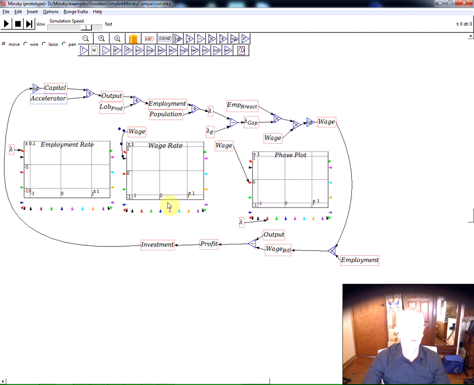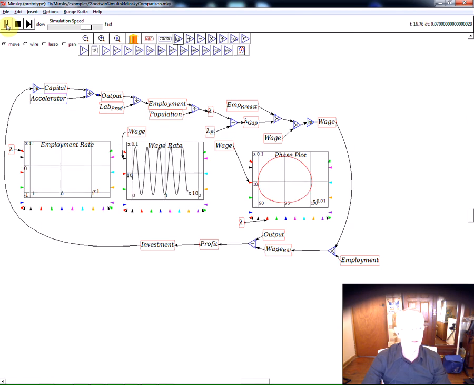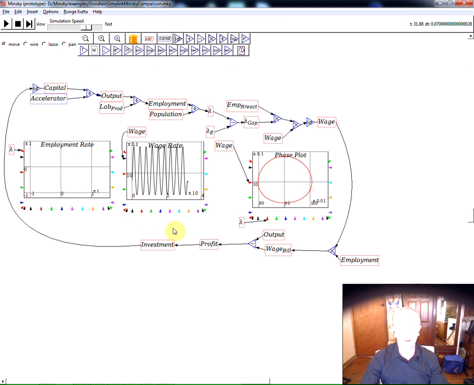However, in Minsky, if I hit the simulate key, then you see the cycles taking place there. I've made a mistake with lambda over here, but I'll check that out later. So that is the very, very simple interface we have. I think much easier to design with than with Simulink, and you can actually see the simulation while it's running dynamically,